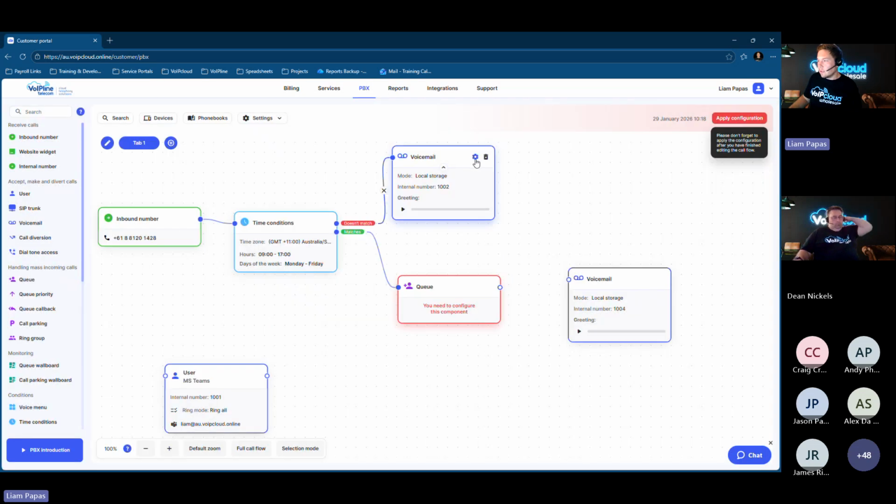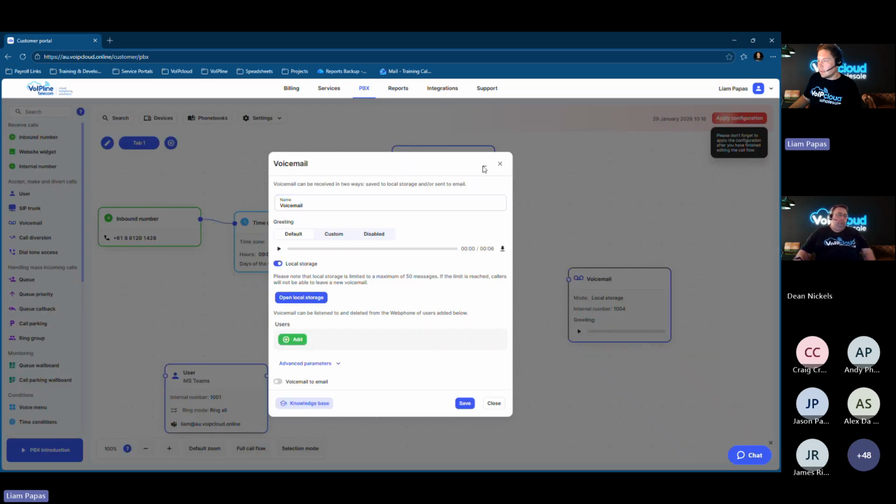So I'm hovering over the voicemail and clicking on the settings. I'm going in. You can name this anything you want. You can even keep it voicemail, but let's call it after hours voicemail. You can upload your own greeting. So you could just play our default, which just says, please leave a message, but you might want something a